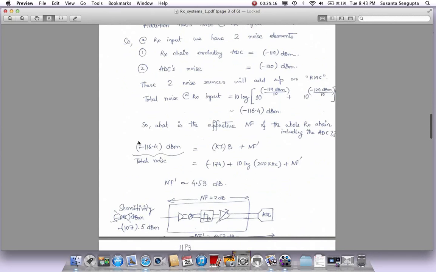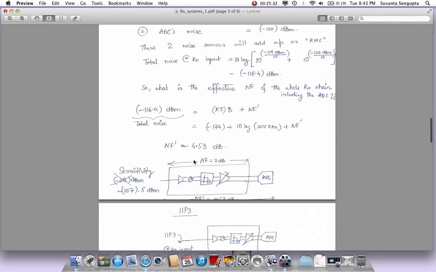That number will be the total noise power at the RX input, KTB plus noise figure bar. Noise figure bar is the one which also includes the noise from the ADC. If you plug in all these values, same formula and values, you will get 4.5 dB noise figure. So even though the receiver could have a 2 dB noise figure, because this only has 61 dB gain and it has the noise as we said,